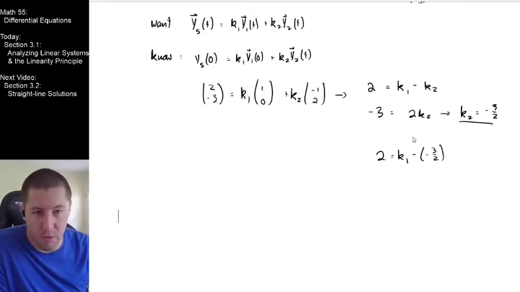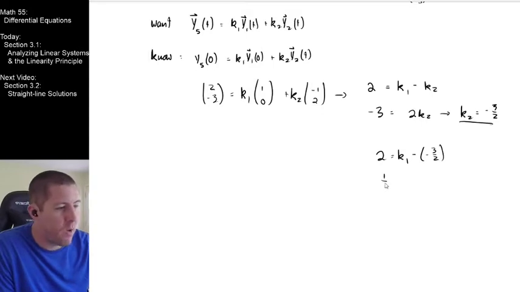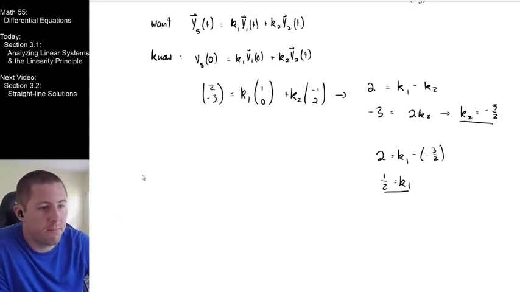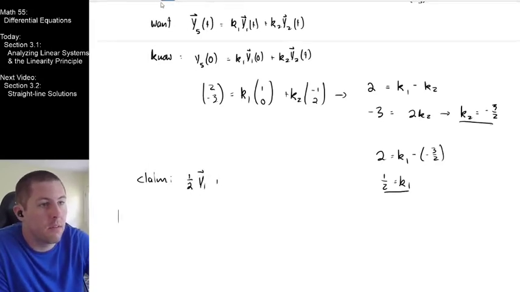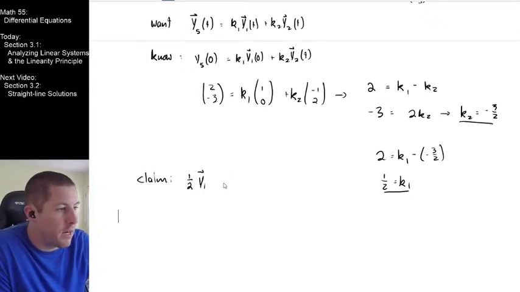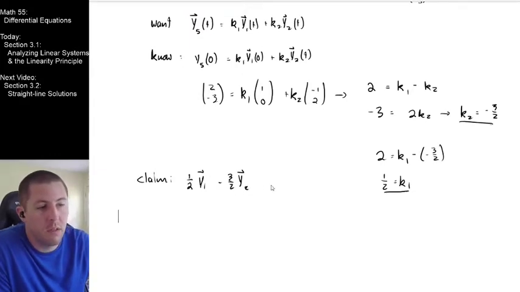So I'm subtracting 3/2 from both sides to be left at 1/2 for K1. And therefore, the claim is that 1/2 of Y1 and minus 3/2 of Y2 equal to Y5